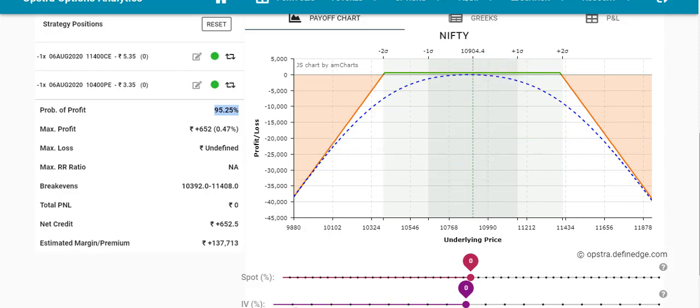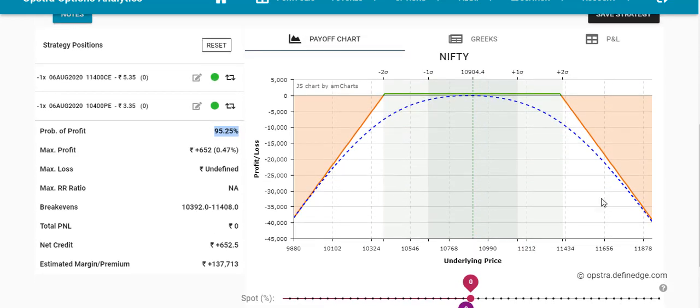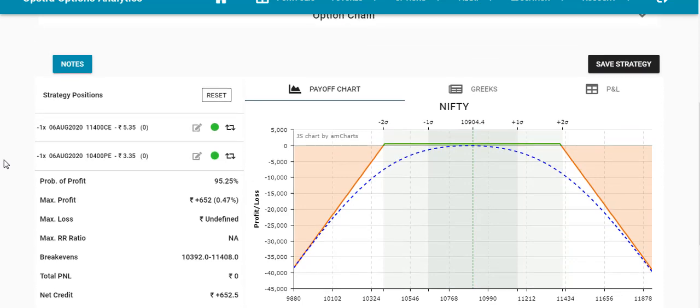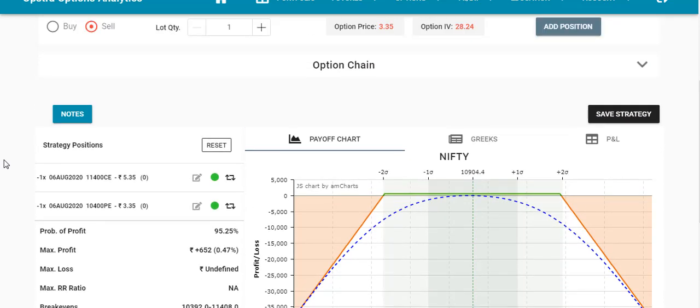I am even using this strategy for weekly trades. Always this will make money. Sometimes you have to adjust your trade as well, but most of the time you will make money. You can check the 95% probability of winning. Those other strategies are good as well, but most of the time you will lose. So guys, this is one of the highest probability strategies. Most people use this strategy to make safe income from the market through option selling.